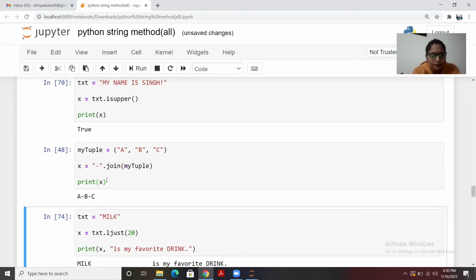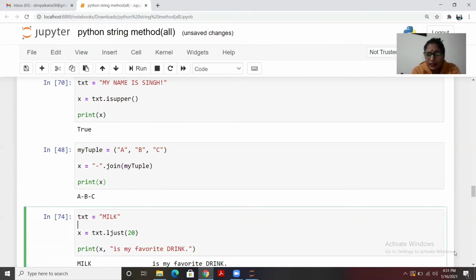So here it is. Why do we require join? Because sometimes it happens that we have a segregated list and we want to combine the whole words all together, so then we require the join function. For example, we are getting different records from different locations, and we want to combine them and make a specific string and join it with a particular keyword. So you can mention that in those codes and use join on that sequence. It can be a tuple, it can be a list, or it can be any string as well.